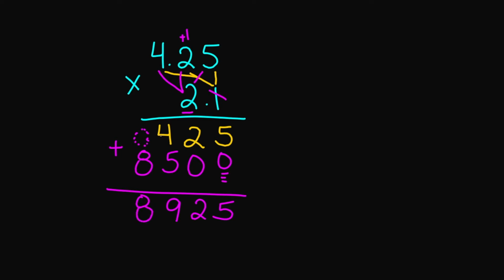Now, since I am done multiplying, I'm going to go ahead and look at my decimal places. Here I have 2 decimal places, and here I just have 1 decimal place. So the total amount of decimal places I need in my answer is going to be 3. So I'm going to go 1, 2, 3. My decimal place is going to be right here. So that means your answer is going to be 8.925. So let's try the next example,